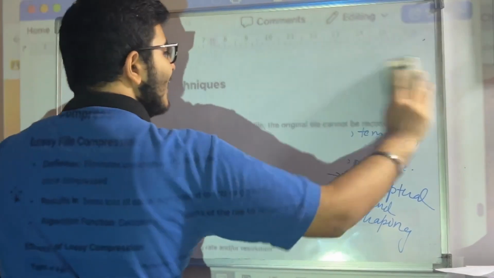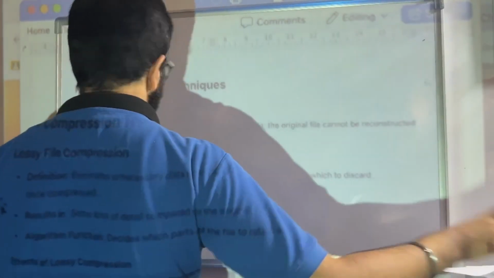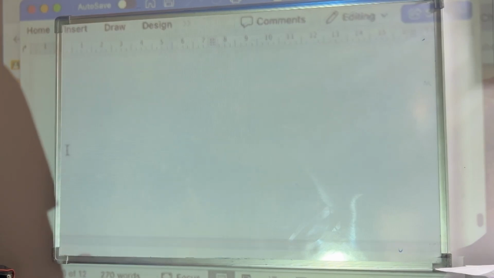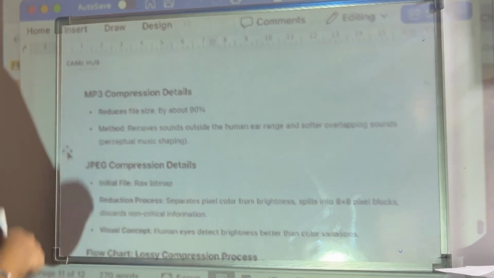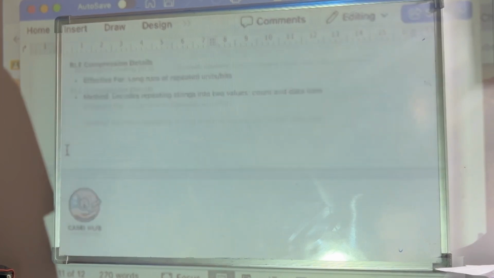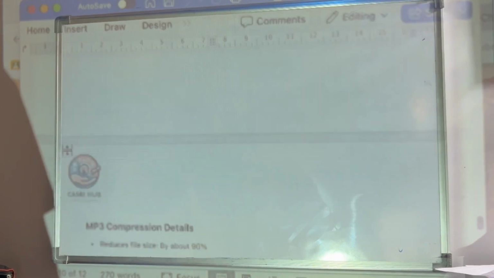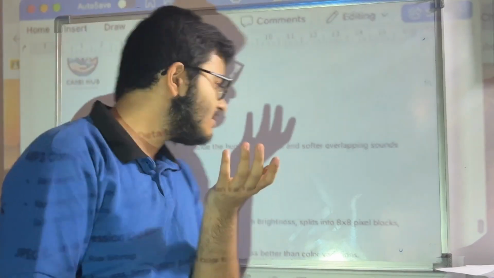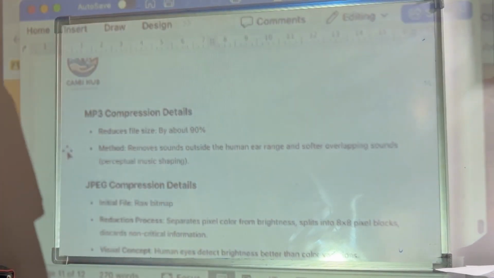Okay. Coming on to the last topic for today. There is some extra information. You can read it once I provide it in the description. There is some extra information you do not need to know. You simply need to know that we have dealt with MP3 and MP4 files that we use in our computer system. So an MP3 file is basically,